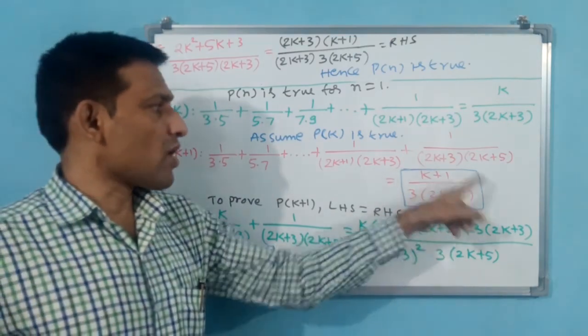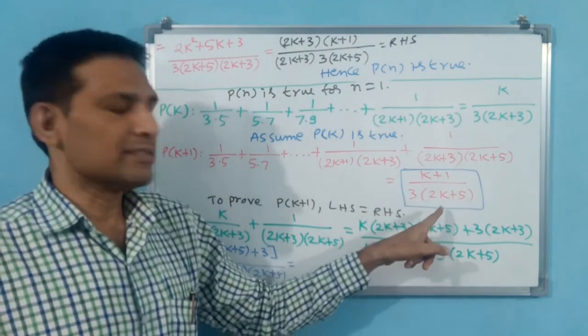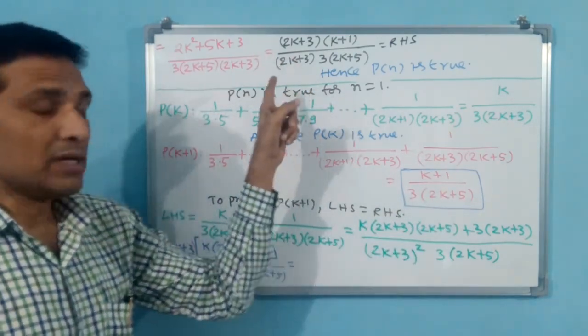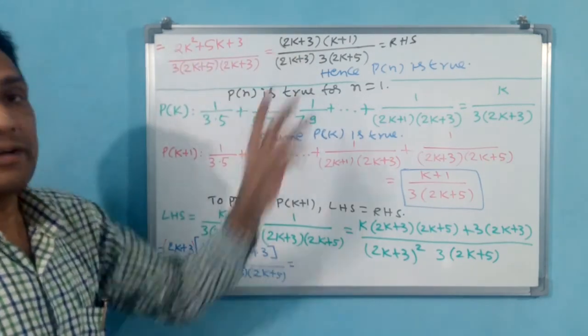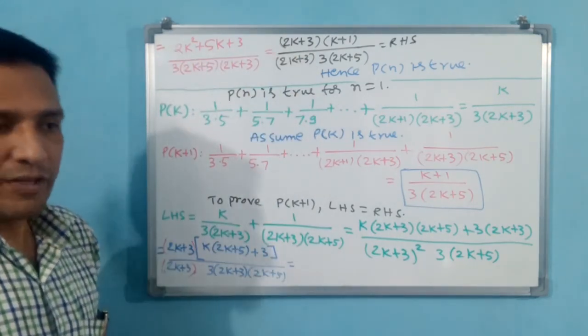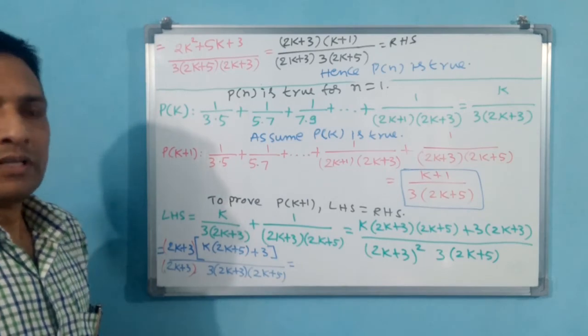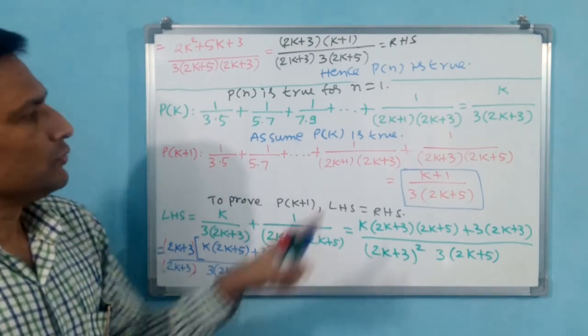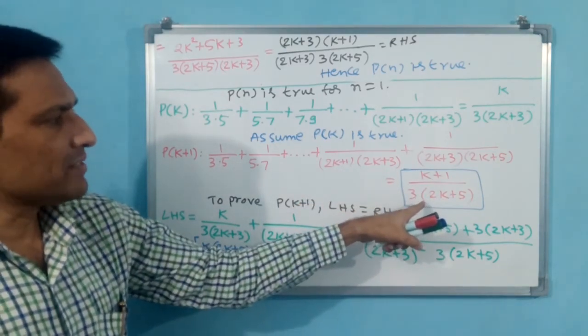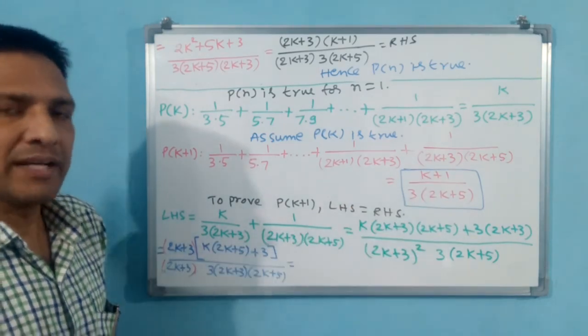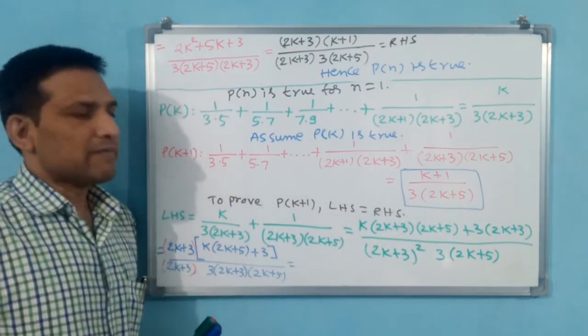See, unless you box and focus on this RHS, you are not able to receive this. Or else you are going to do a lot of calculation. Why? Because you should know in which direction you have to go. You have to go in this direction. You have to bring these two, numerator and denominator. Like that, you have to think and proceed further.